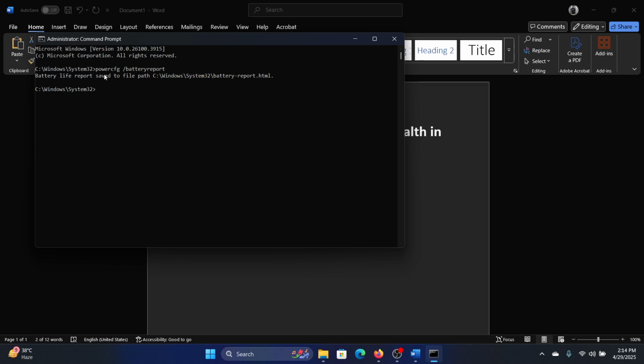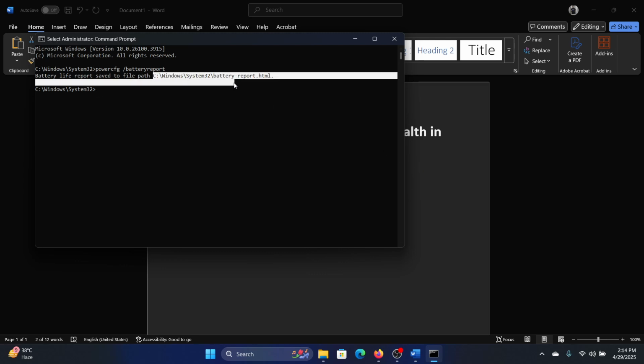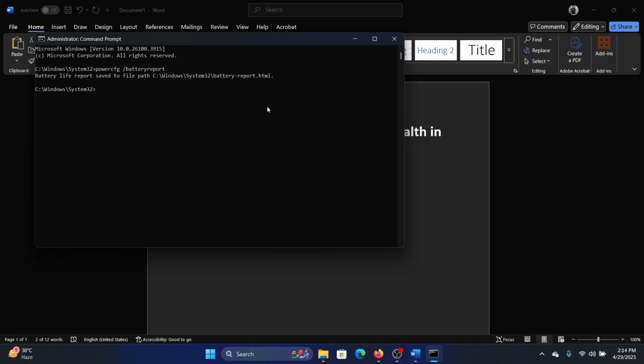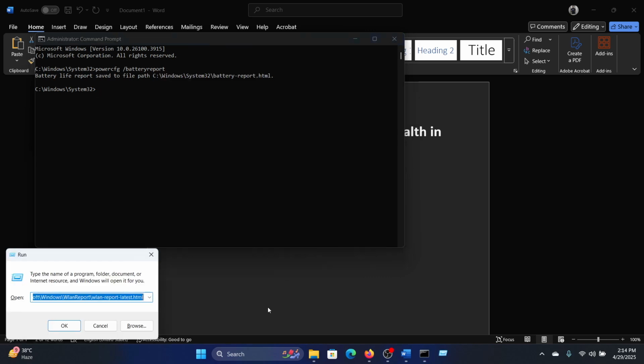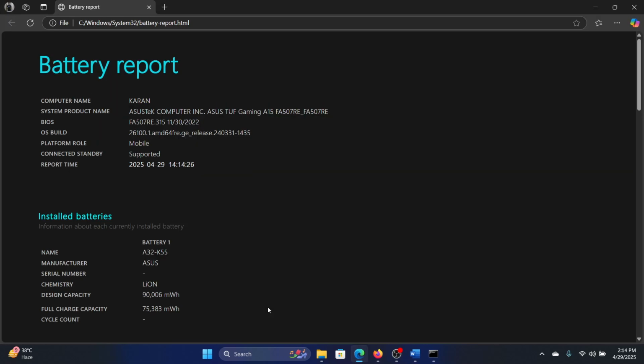Now it doesn't give the report, it gives you a file path. All you need to do is copy this file path. Press Windows plus R, paste the path here in the run window and hit enter. It will open the report in the Microsoft Edge browser or any other browser that is set as the default one,